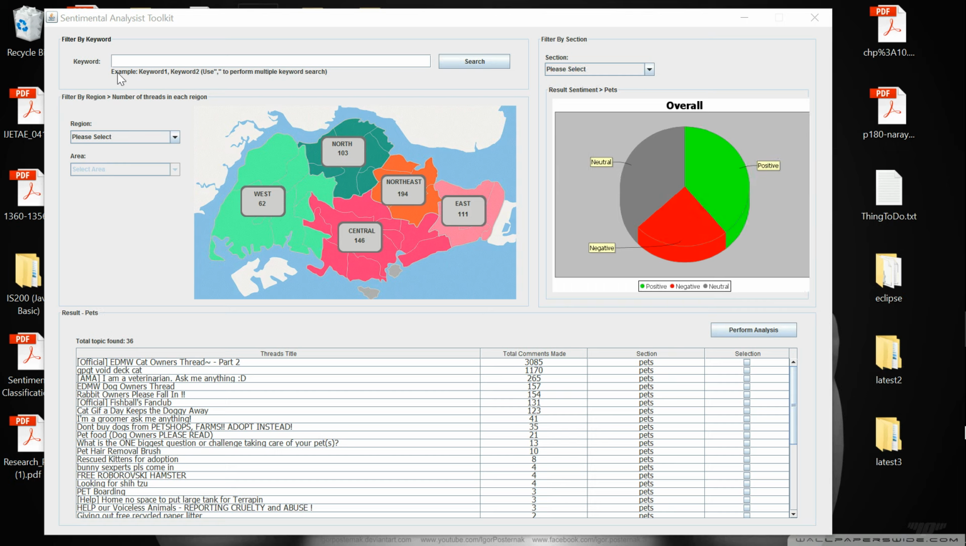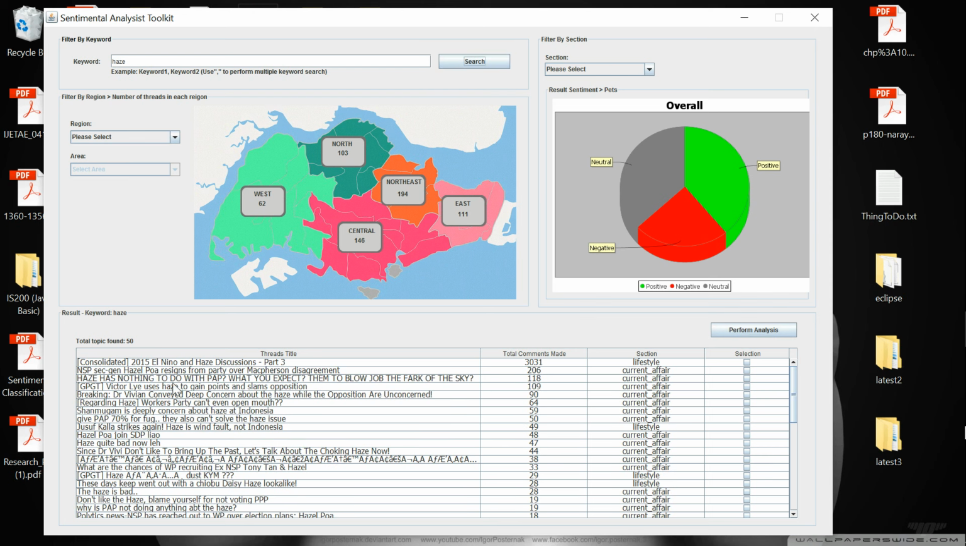Let's start from the top. This section over here allows the user to filter the list of trade names that is shown over here. For this example, I am interested in the word haze. I can simply enter the word haze and click search. As you can see, it reflects the result of the search here, and it also shows the total count of